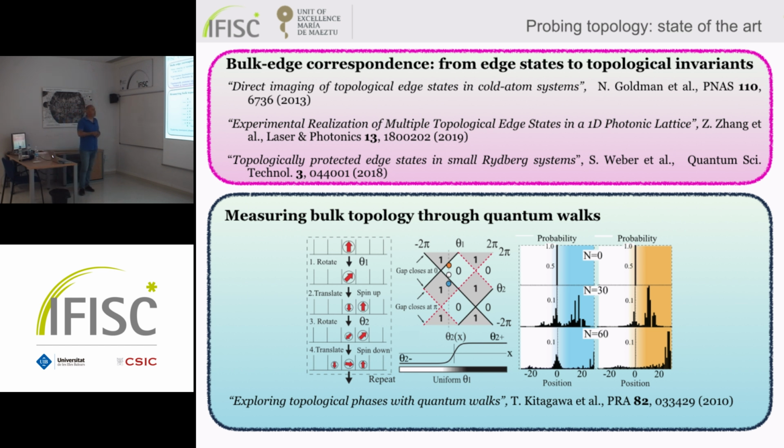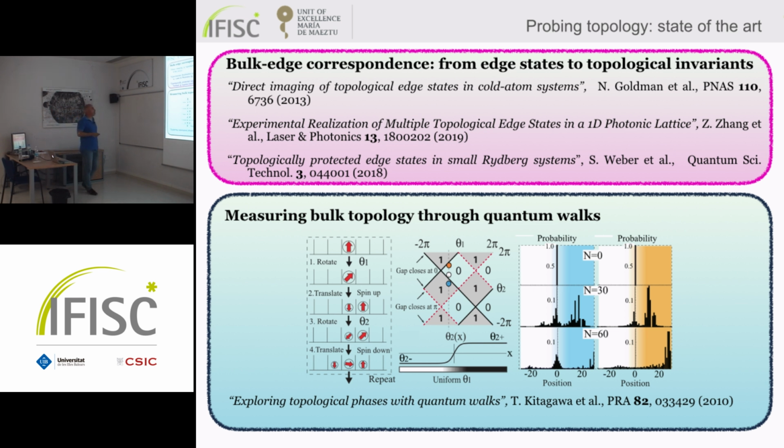Let's say you prepare some initial state in the middle of the chain. You let this state evolve according to some rules. You do some operations at a given time, and you let it evolve. And then, depending on the phase you are in, you get two very different probability distributions around the chain that you can detect. Of course, you repeat the experiment many times. You measure the probability of finding the excitation in one of the sites. You reconstruct the profile of the distribution. And from this profile, you can distinguish if you are in one phase or in the other one, because they evolve with different velocities, let's say.